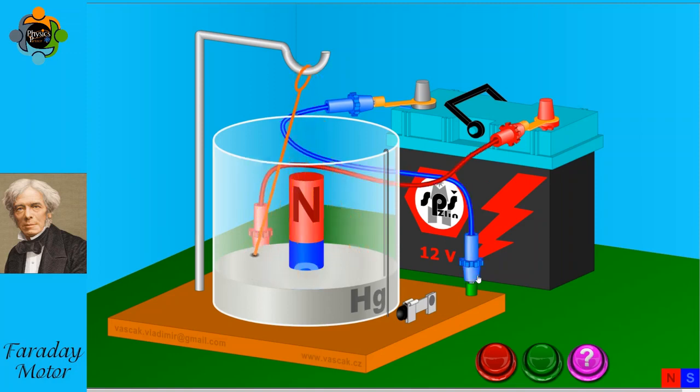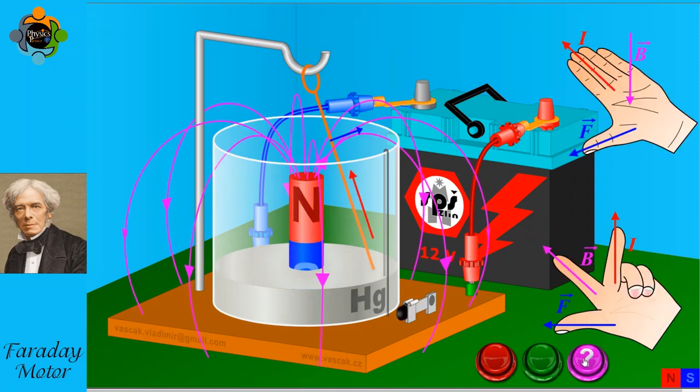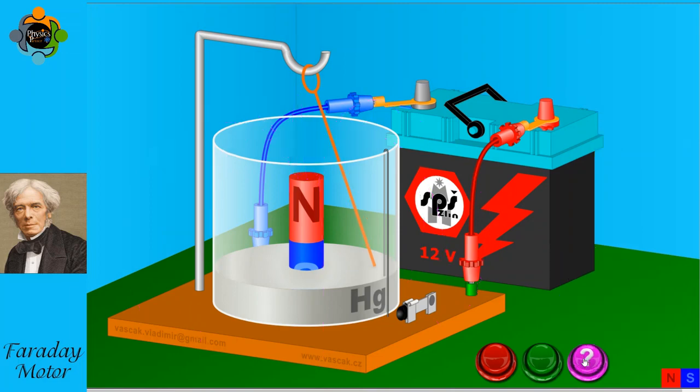As the current ran through the circuit, a circular magnetic field was generated around the wire. This phenomenon was the one discovered by Ørsted. The magnetic field that surrounds the wire then interacts with a second force. This force is also a magnetic field that this time is generated from the permanent magnet in the center of the dish. By using the left-hand rule, you can determine the direction of force or motion in a Faraday motor